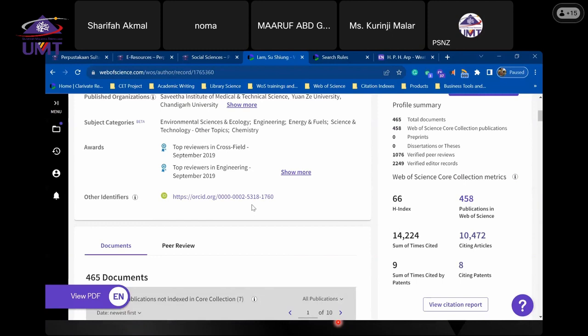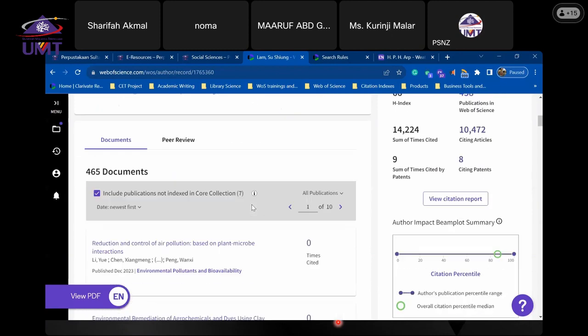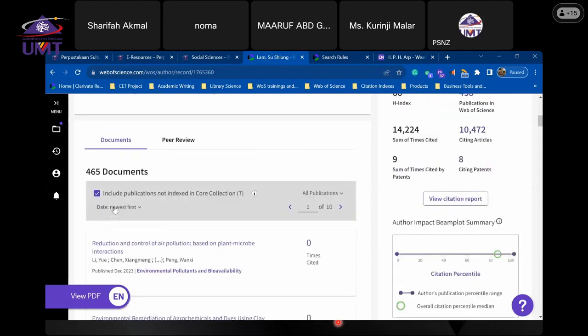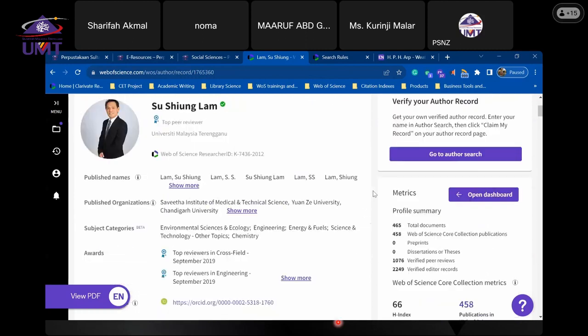The ORCID ID and so on is all listed, and the number of documents that you have authored, including some of those papers which are not indexed in the Core Collection. If it is not available in the Core Collection, you can also add them in here. If you find those articles, you can add them to your profile. On my right, you have all the